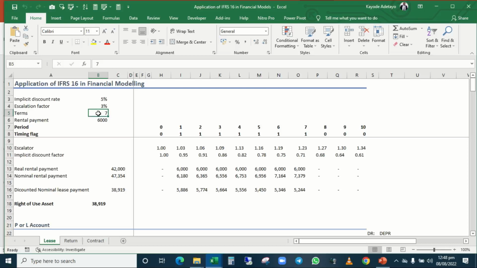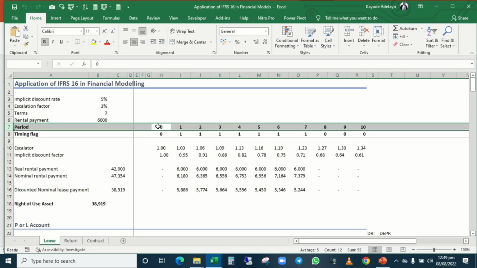Okay, so in this case, we've got the discount rate that is implicit in the lease, the escalation factor, which is like the inflation rate, then the period of the lease, which is 7 years. Then the rental payment that will be made is 6,000. All right, so here I've created